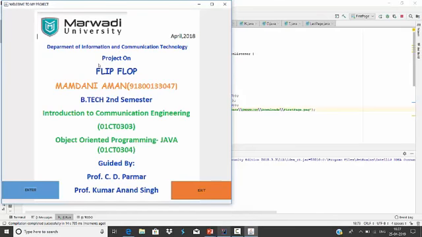This is the first page of my Java code. This is the description, meaning information page of mine: my name, subject, guided by, and my roll number, etc.